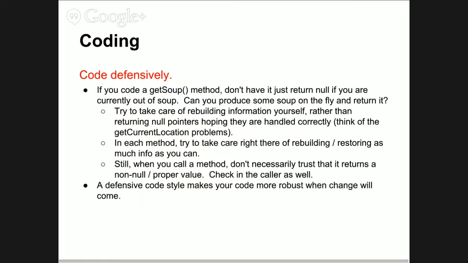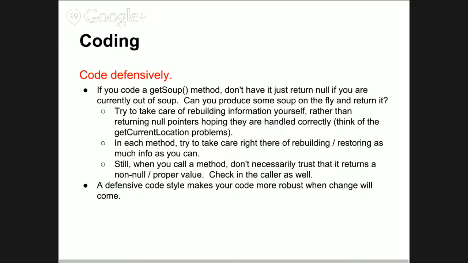Some people say, yes, that's a good idea, because you signal your client that there is no soup, and the soup needs to be built by calling a soup builder method, okay? My approach here is typically different. I try to do the maximum amount of effort I can in order not to return null pointers, but rather build in the best possible way what I need to build in order to return a non-null object that behaves in a half reasonable way.